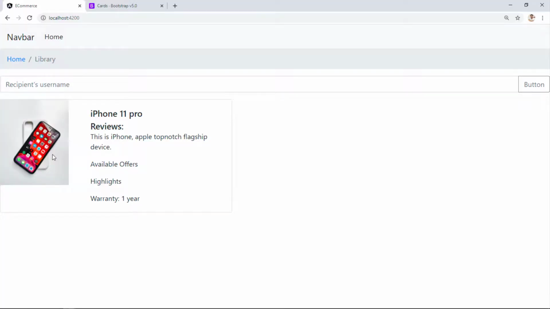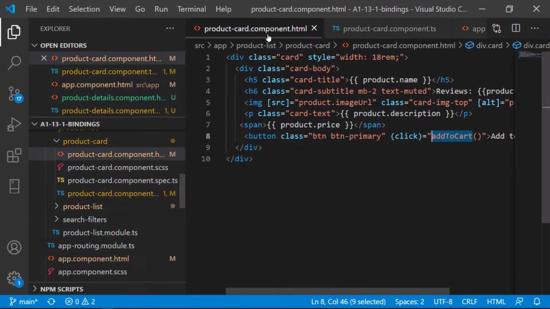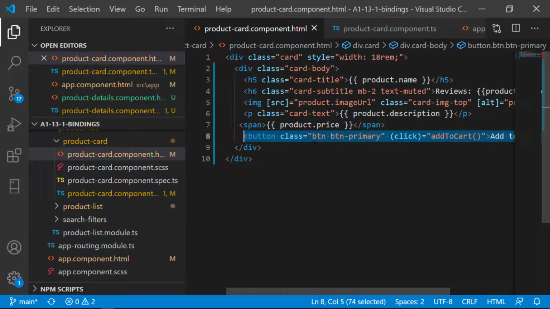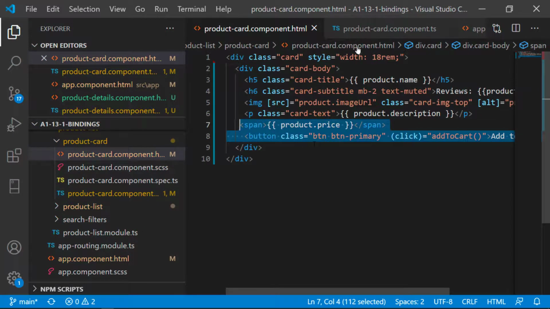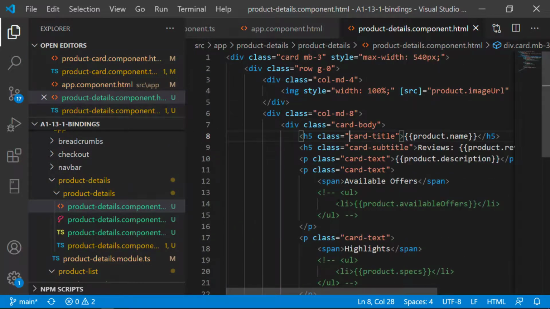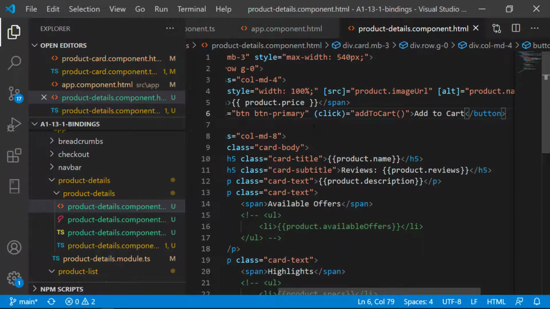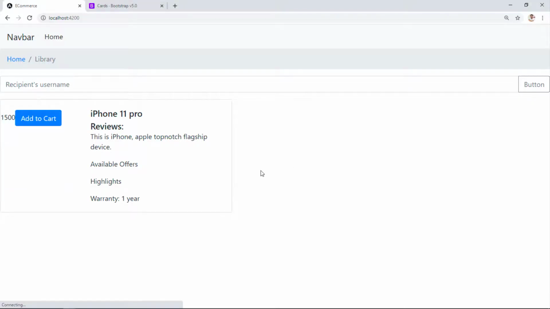Let's also add a price and an add to cart button at the bottom. Let's do that quickly. Maybe it would look similar to the product card component. Copy this and paste it under the image, and let's see what happens.